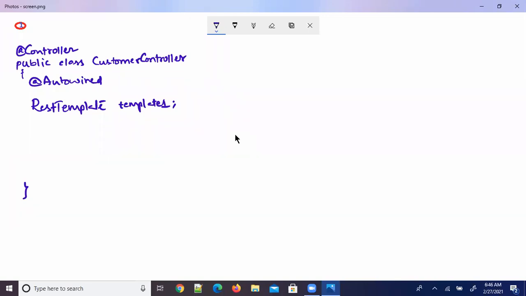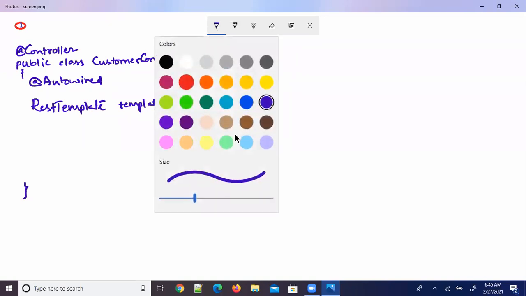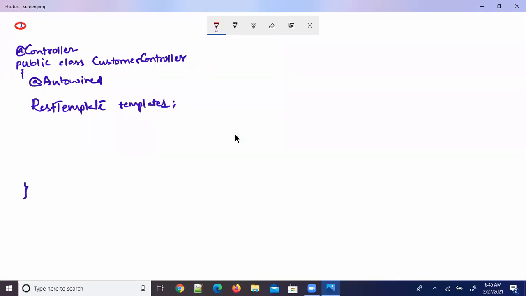Now, here I am writing a configuration class. Configuration classes are indicated with @Configuration. I said already, these stereotype annotations are used to tell the role of a class.